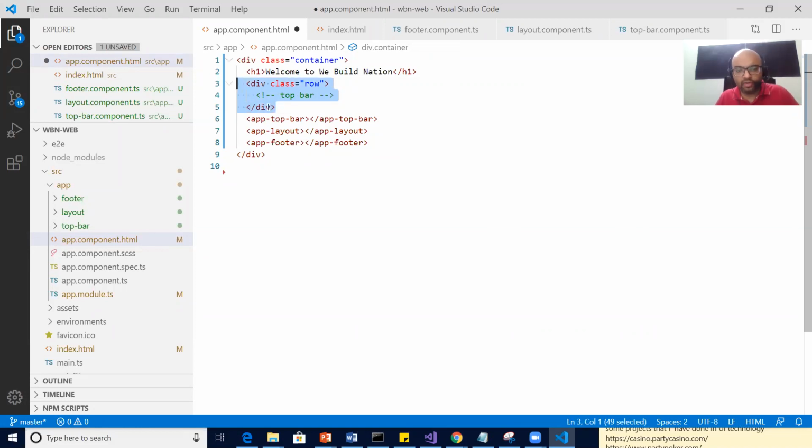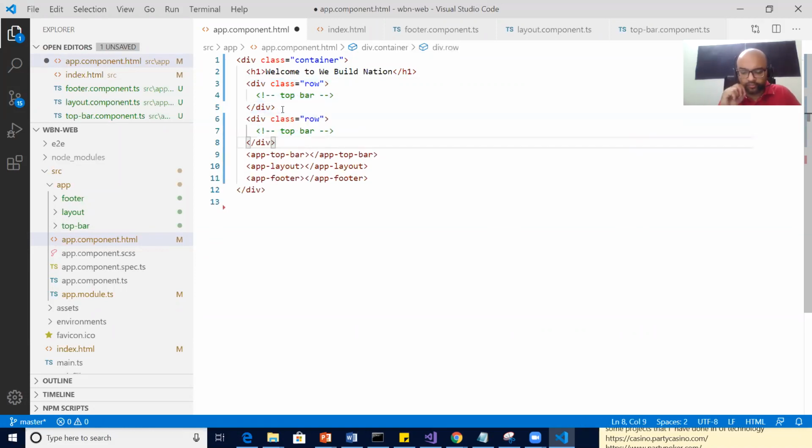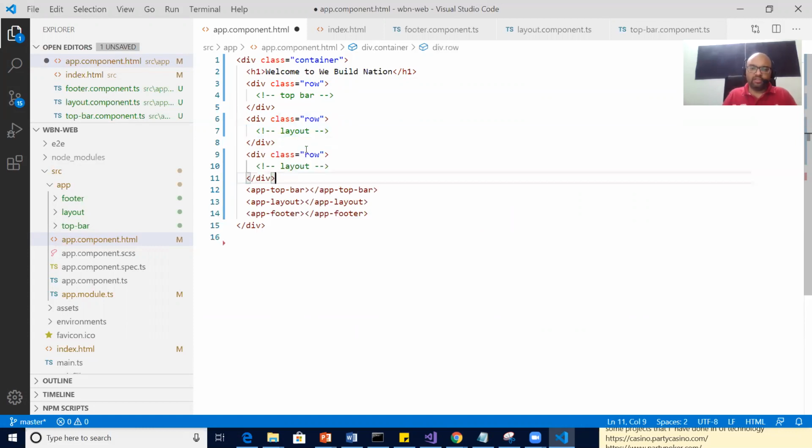Then in the second row, there will be the layout. And then the third row, the last one, has your footer, right?